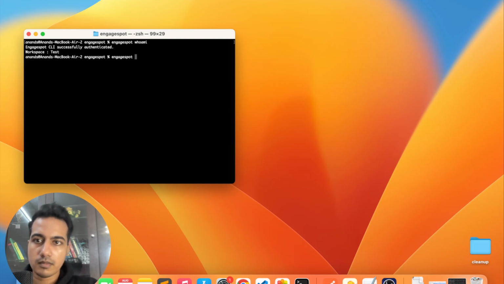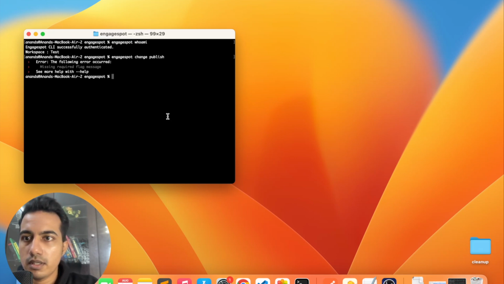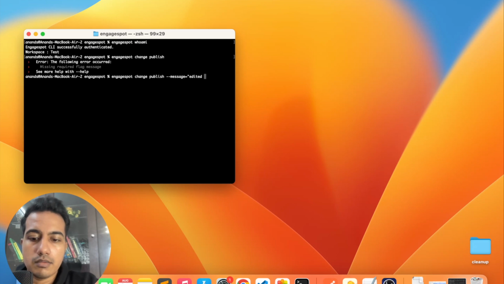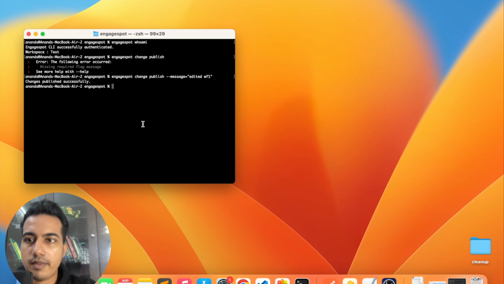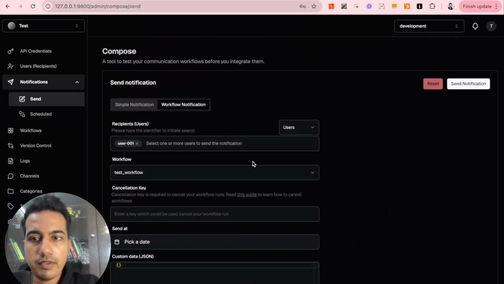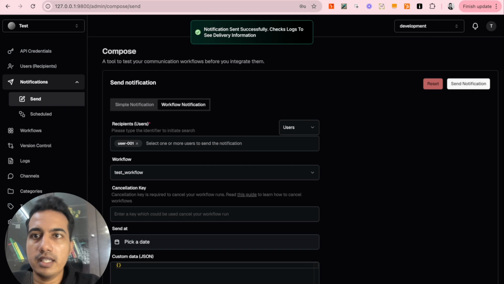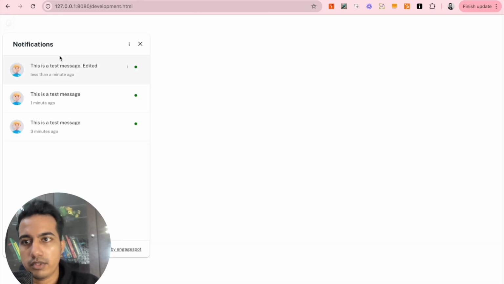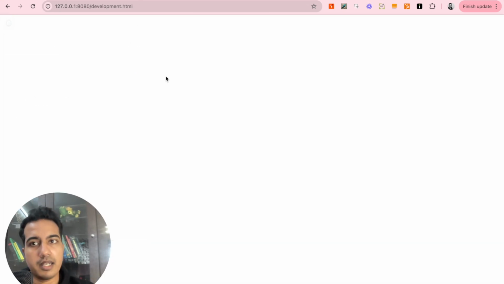Engagespot change publish. Sorry, we need to include the message here. Edited workflow 1. Now we can see that the changes have been published. And now if we trigger the same workflow, you will see the new version of the same workflow. You can see the changes have been applied, but